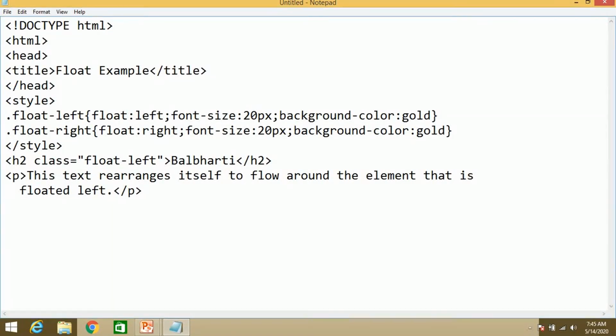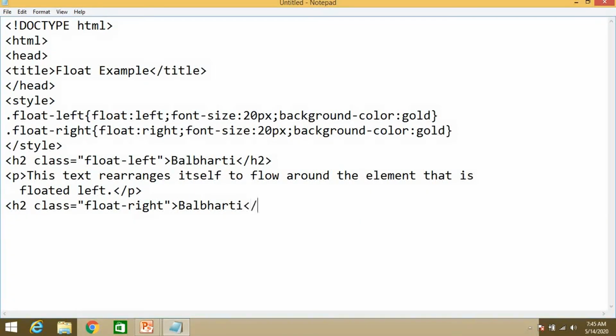After that, just open this h2 and class, call your class float right over here. Bal Bharti.